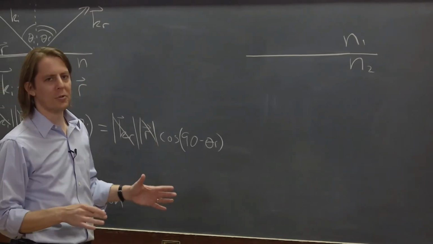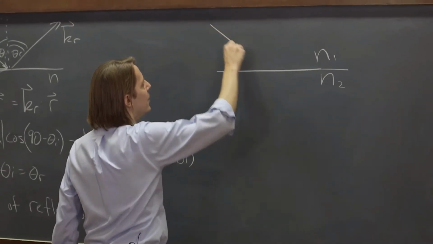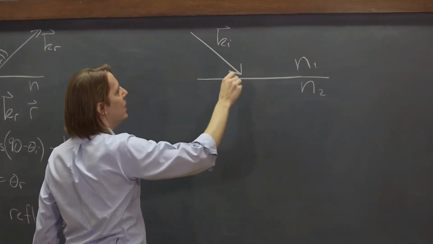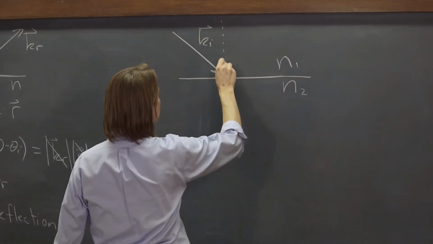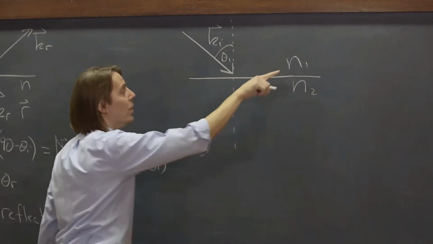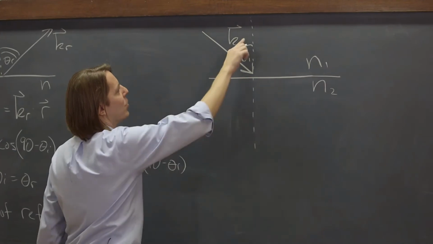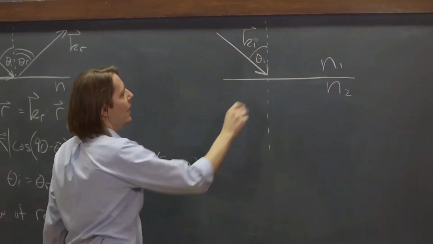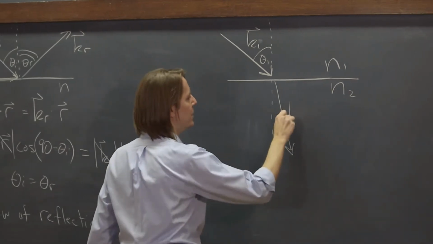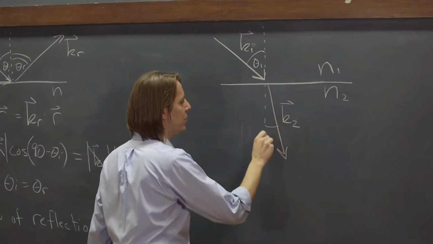That'll give us the more familiar version of the law we're working towards. So we know you have a vector coming in, K incident, and we know it's at an angle with respect to the normal, theta I, or theta 1. We'll call it theta 1 since that's medium 1, and we'll call this K1 actually. And we know it's going to go in like that, and this will be K2 in the second medium at some other angle theta 2,